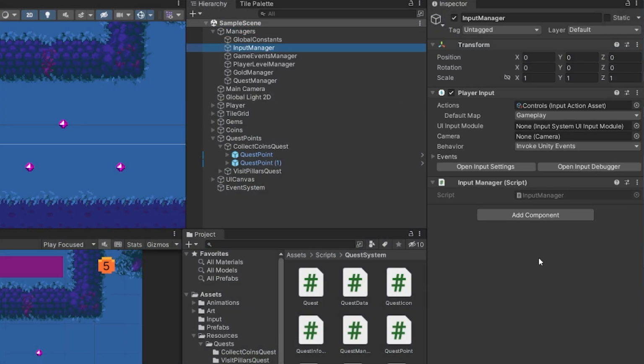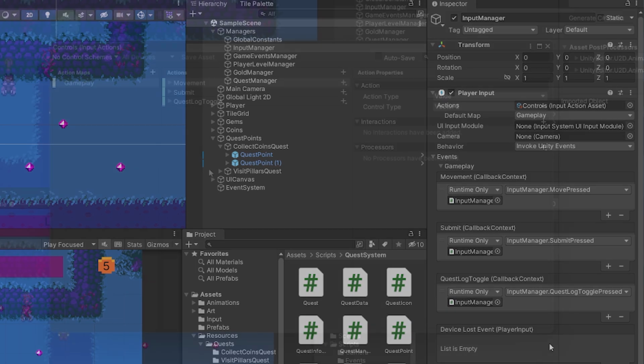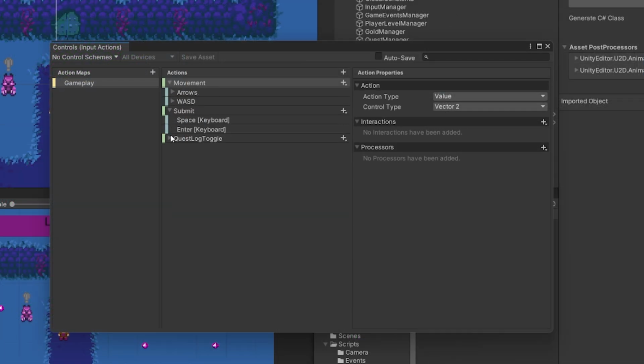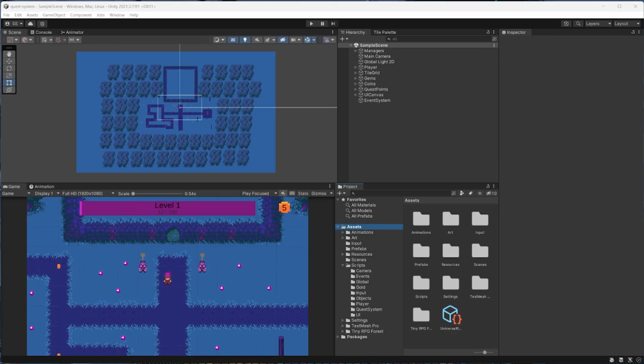And the last thing I'll mention is that this project is using Unity's new input system in an event-driven way, and I've already got actions set up for all of the input that this project needs. So all we need to do for this project to work with player input is subscribe to an appropriate event for that button press. And that should be all of the important bits of the project that we're starting with,